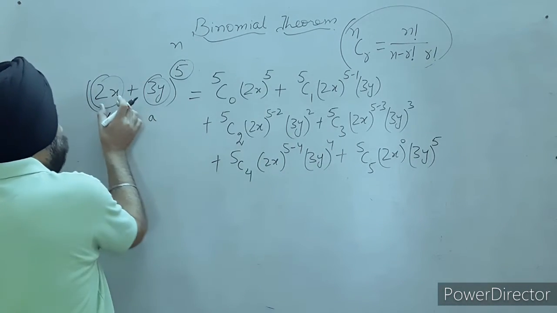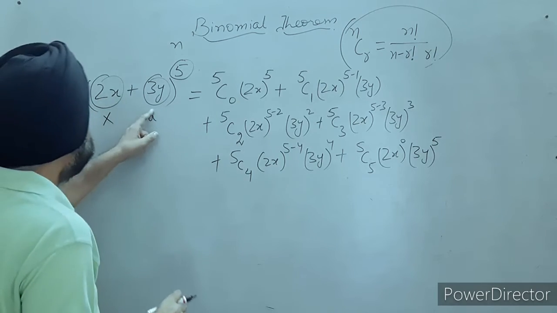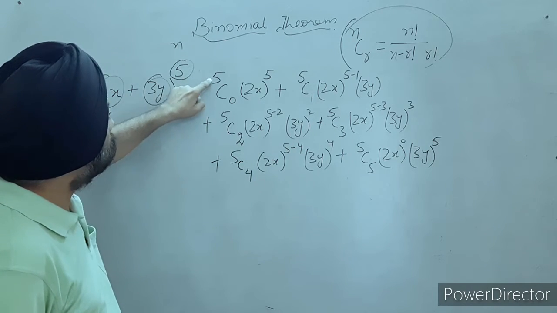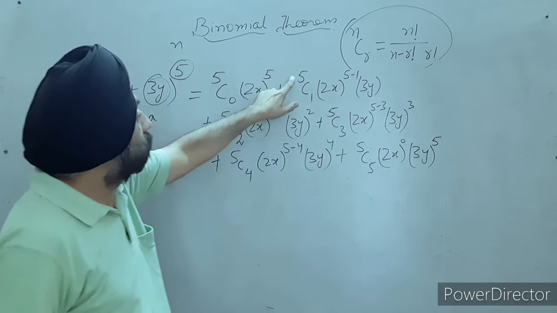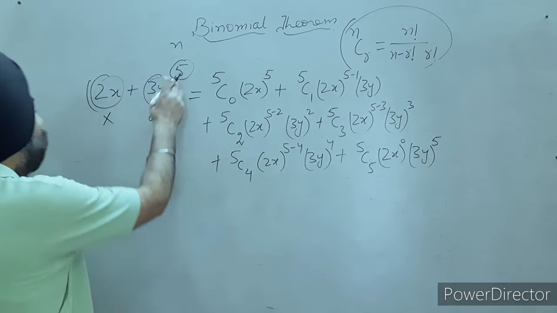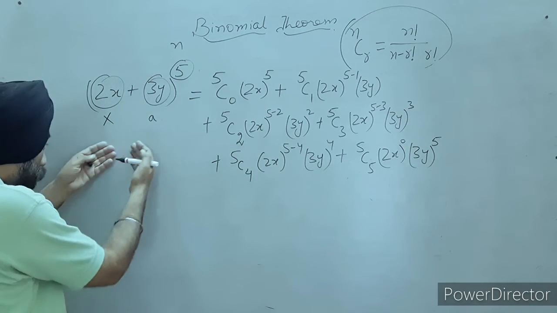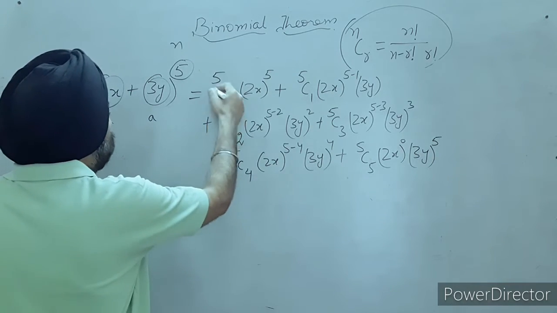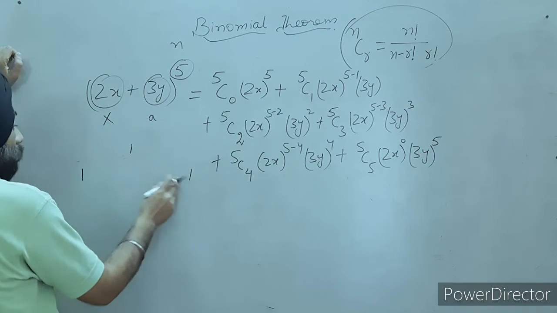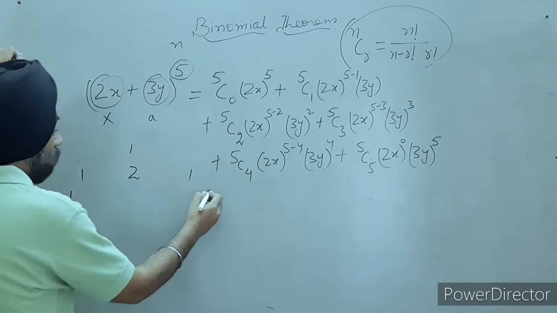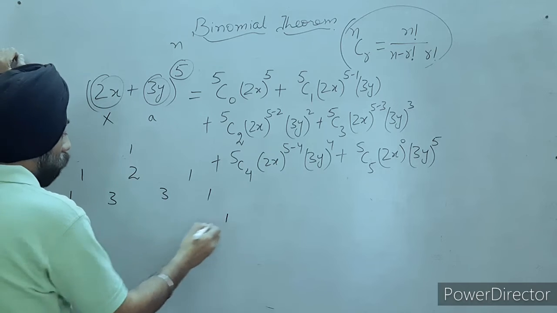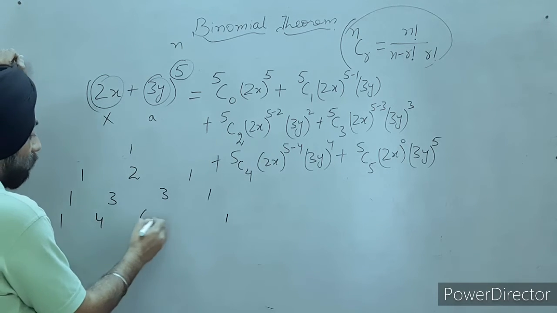This is the way we expand any binomial algebraic expression using the binomial theorem. Here n was 5: 5c0 x to the power n, 5c1 x to the power n minus 1 into a, and so on. Now we have the index as 5, so we will move 5 steps in Pascal's triangle to calculate the coefficients. Look here, put a 1 here, 1, 1, 1 plus 1 is 2, put a 1 here and a 1, 2 plus 1 is 3, 2 plus 1 is 3, again 1, 1, 4, 6, 4.